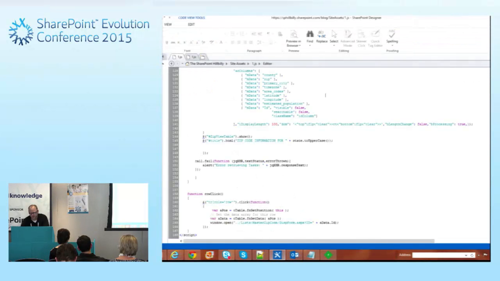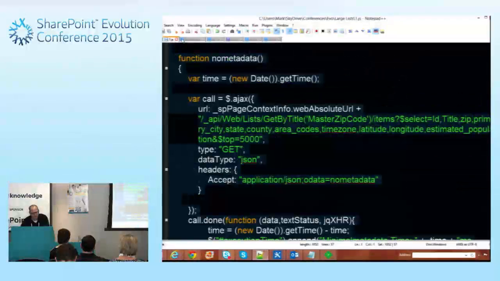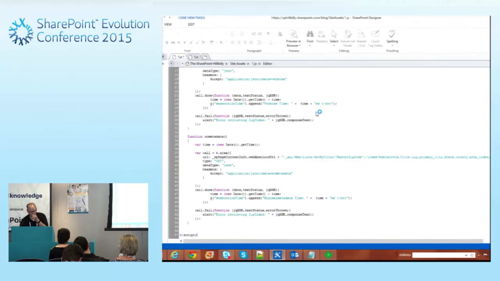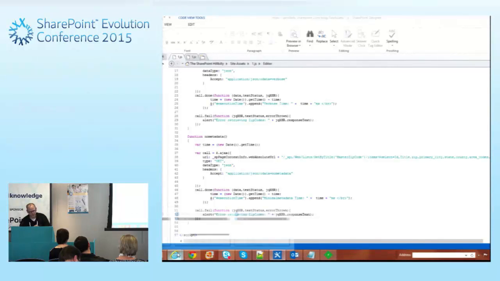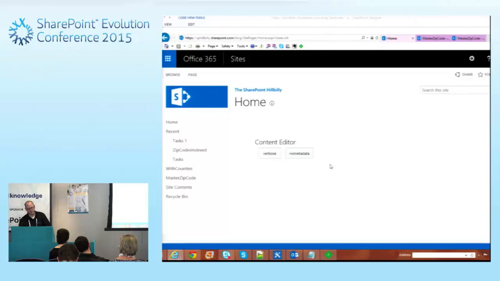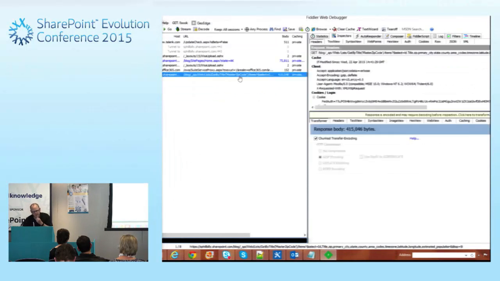Let's go back to our first script that we wrote that returns the 5,000, and let's put that one back. And I go back into our page here and reload it. So I tell it to return my rows. Look in Fiddler where it executes. It's done. If we look at the JSON data for that,